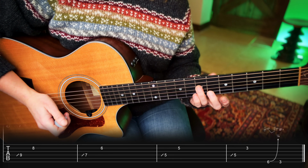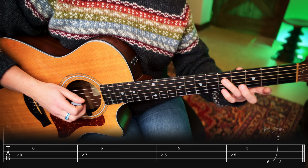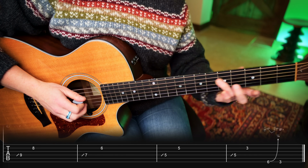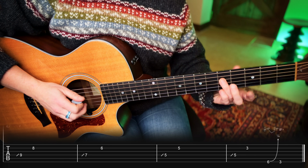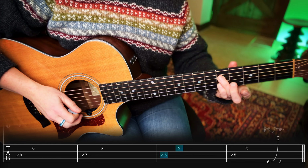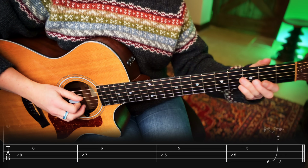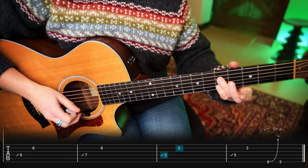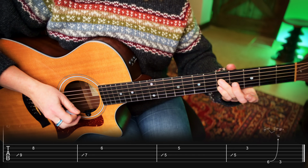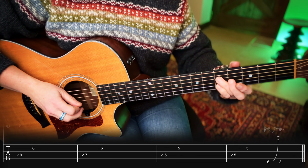We then move to frets 5 and 5, but we're taking the third finger to 5 and adding the pinky onto the B string, which means we don't have to disconnect the ring finger. We slide again. I'm sliding from approximately 2 frets below each position, but we don't want to hear the 2 different positions. We just want to hear it sliding into